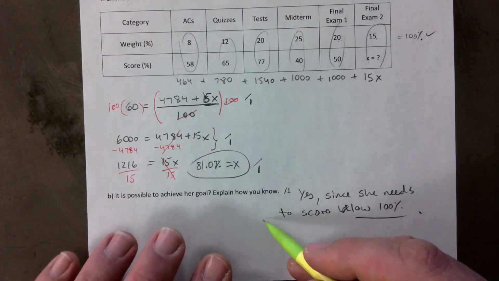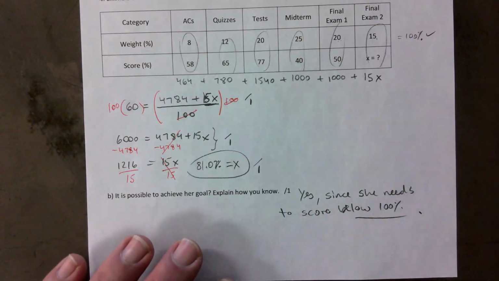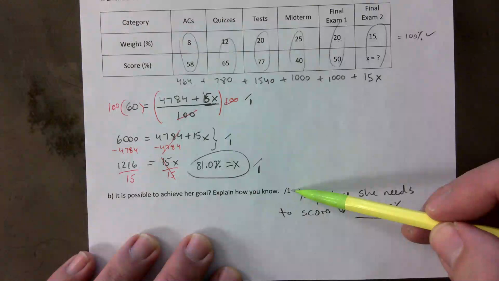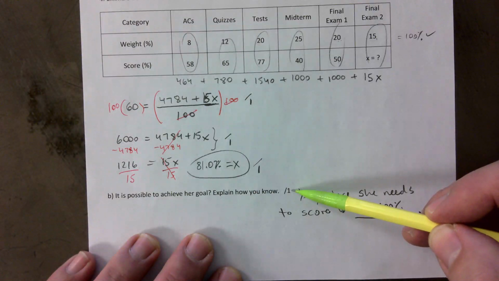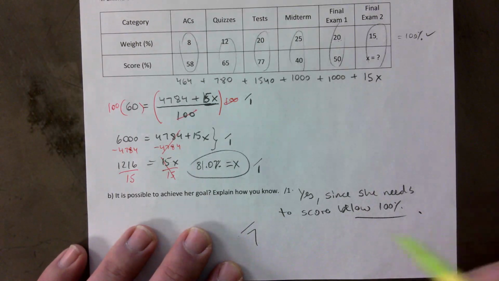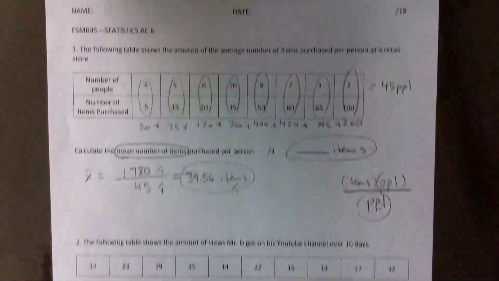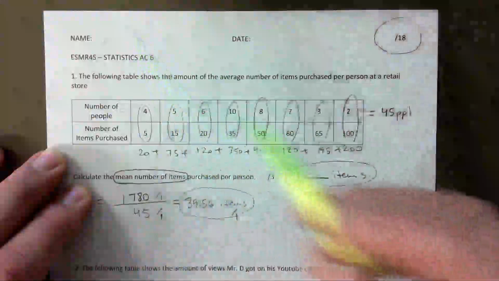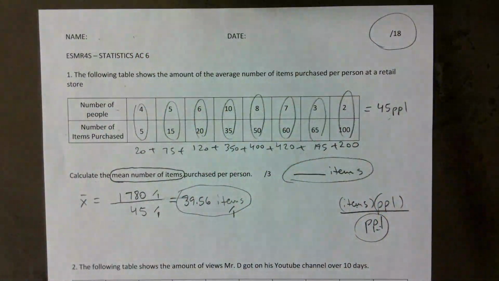So the back side is worth 7 marks. 1 and 3, that's 4, and 3 is 7. So 11 and 7, that is 18. So you put a mark out of 18, your name and last name, and